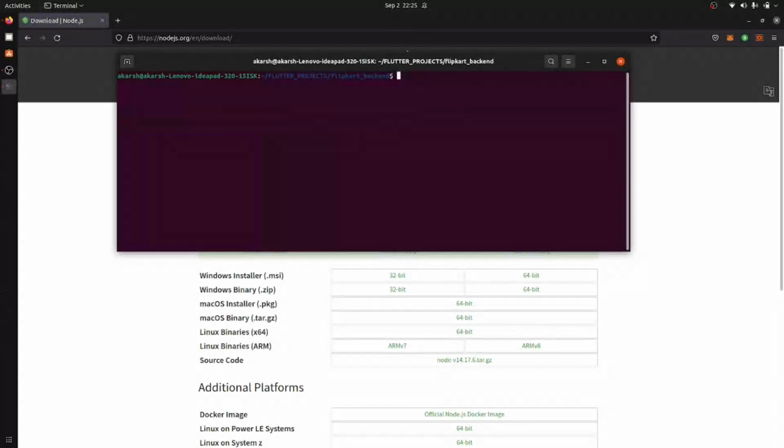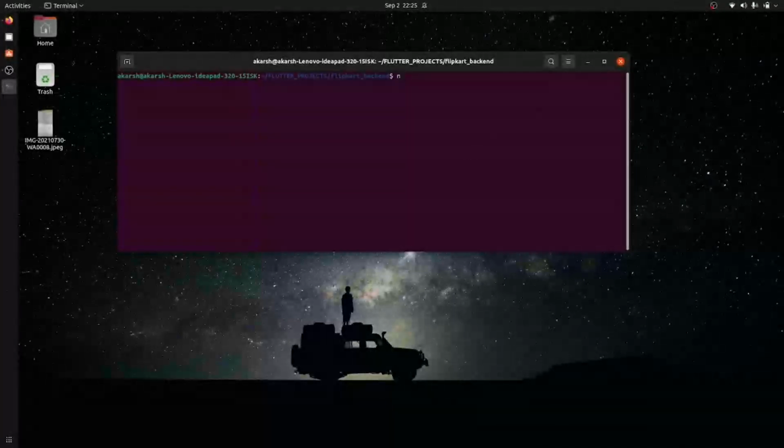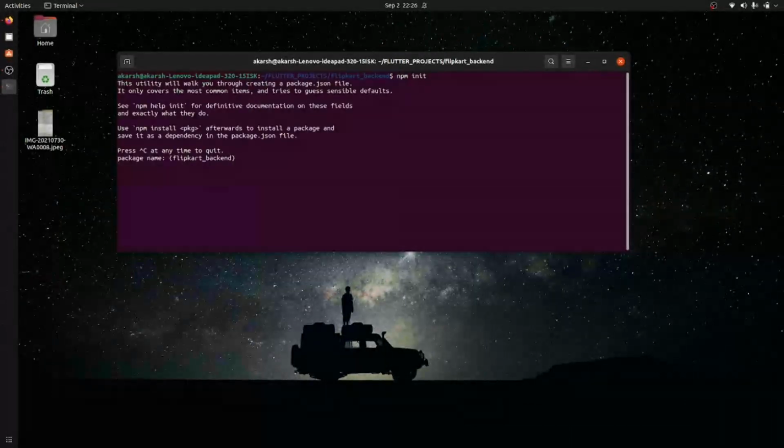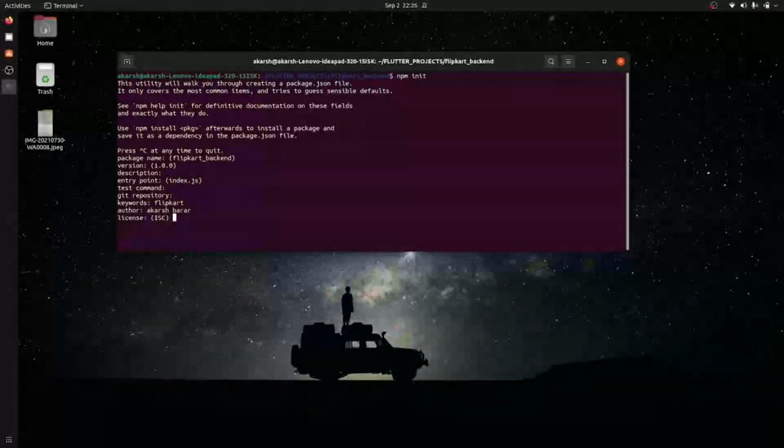Okay, so in order to create a Node application, firstly we have to initialize our application. So npm init, init means initiate or initialize. It will ask you some questions like package name, I will just set it random. Version should be this. Description, I'm not giving anything. Entry point, let it be test document. You can give anything that you want. Currently I'm not doing such things, I'm just giving my name.